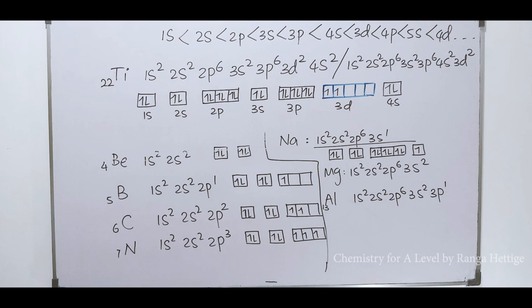Now, according to this method, you can write the configurations of all these elements in the syllabus. You are mainly expected to know the configurations of the first 36 elements, but it's better if you can write the electron configurations of the first 54 elements. There are a few exceptions. Apart from that, all the other elements you can write the configurations using the building up principle, Hund's rule, and